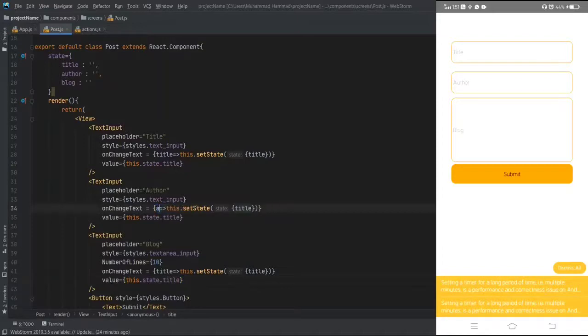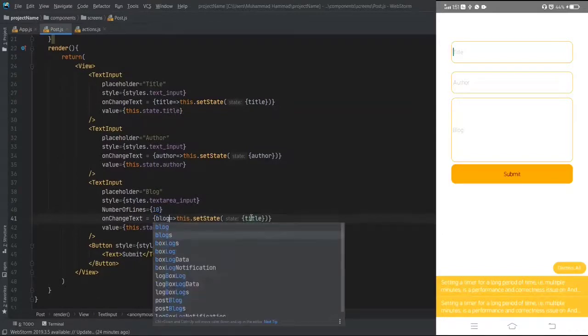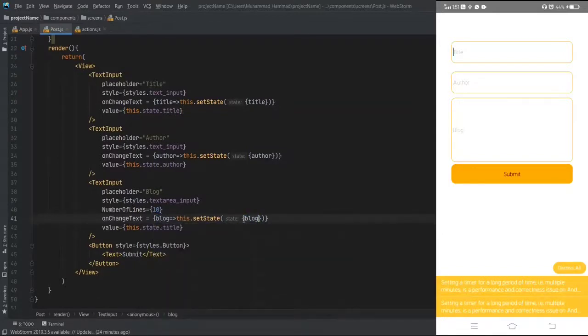And now instead of title we have to write author, because this is the author text input, and also we have to change this one to author, and also we have to edit this one to blog, because this is our blog input, and also we have to edit this one to blog.